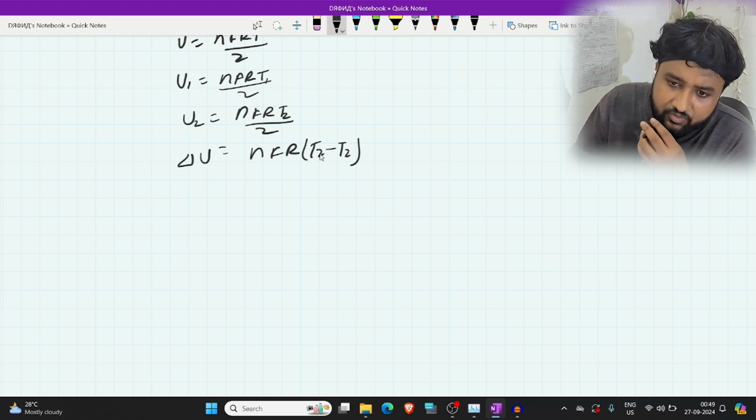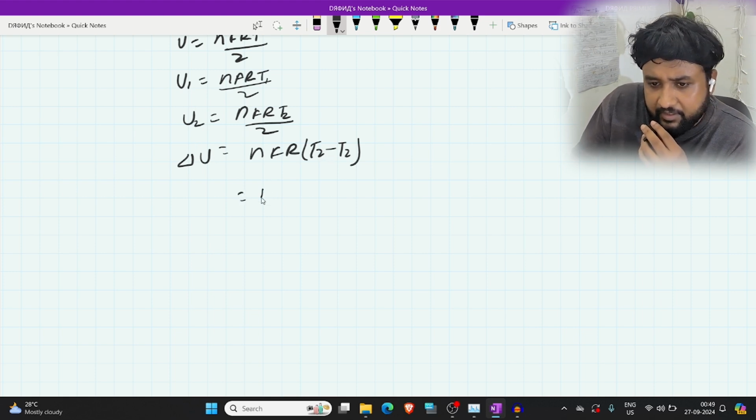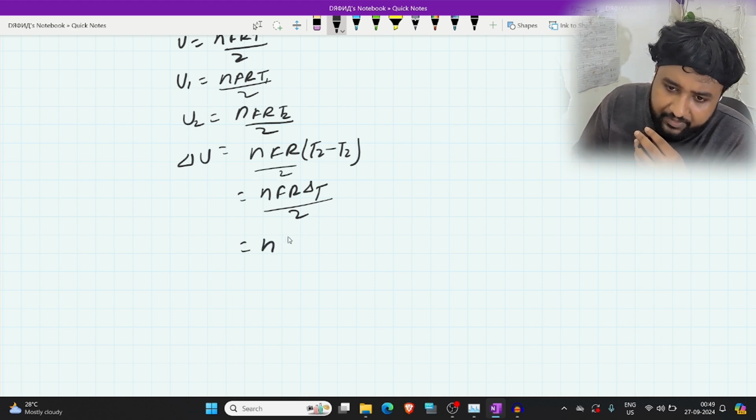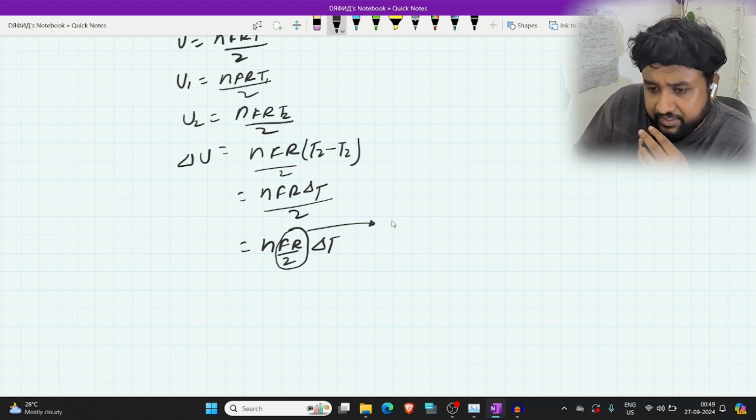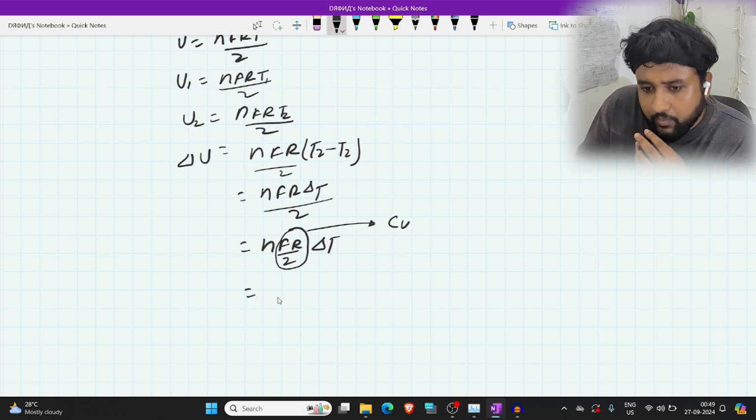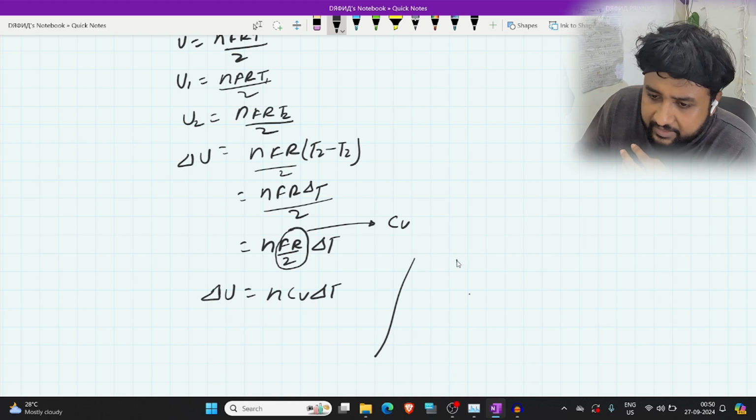U2 minus U1 is delta U, so T2 minus T1 is delta T. So nfR delta T, and by 2 was already there, right? Again, when we write nfR by 2 into delta T, this fR by 2 is nothing but, my friends, Cv. So nCv delta T is equal to delta U, and one more thing we learned, that Cv is equal to fR